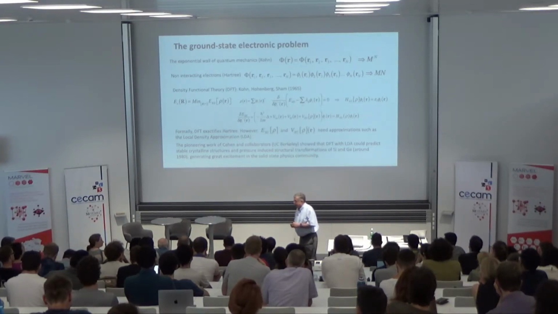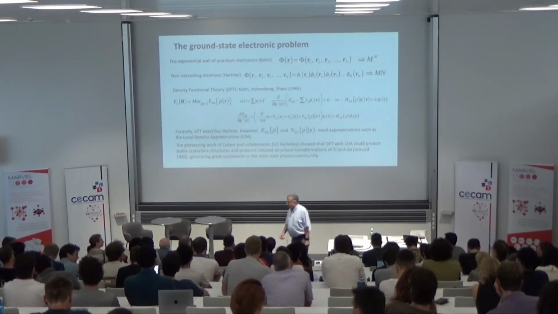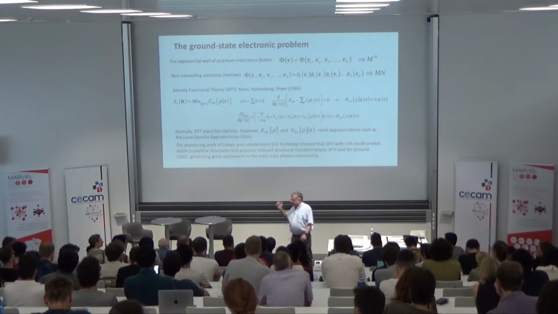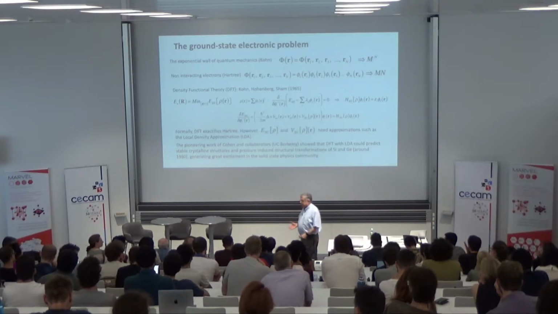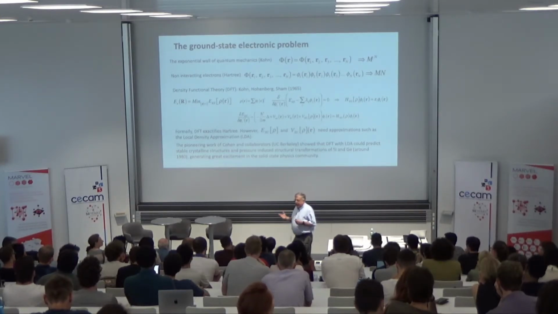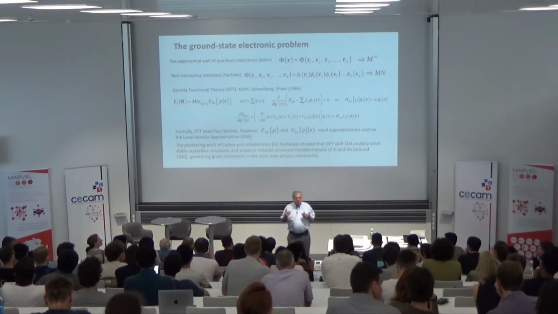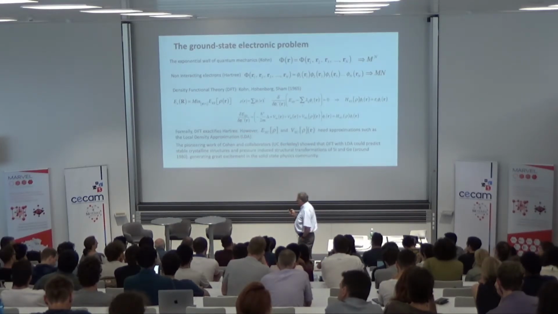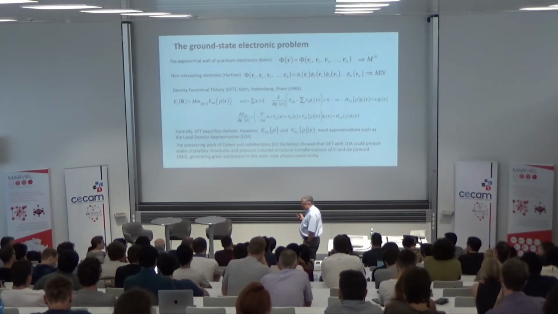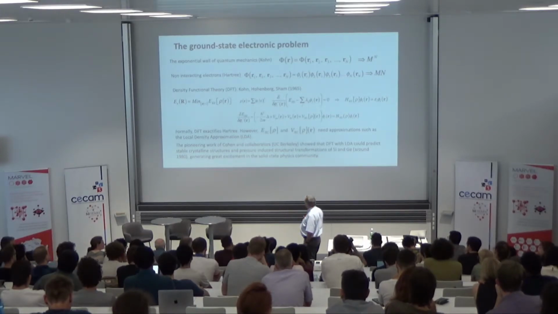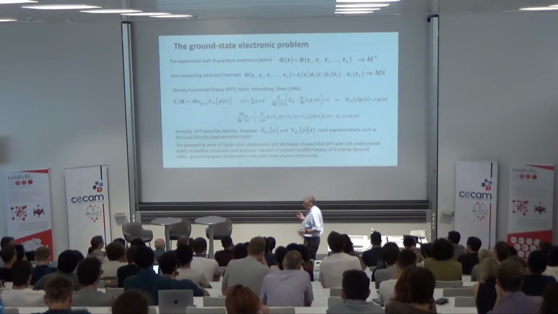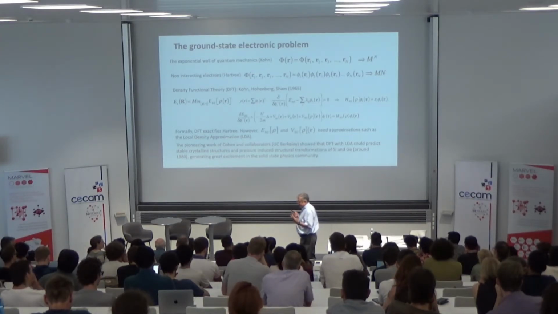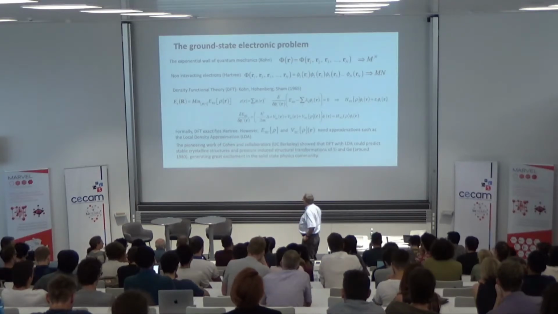And that was a matter of great excitement because since the time of Wigner in the 30s, people wondered, can quantum mechanics predict stable crystalline structures? And the answer was yes, quantum mechanics could predict stable crystalline structures, in particular also of systems that were thought to be very complicated, like semiconductors, silicon and germanium.